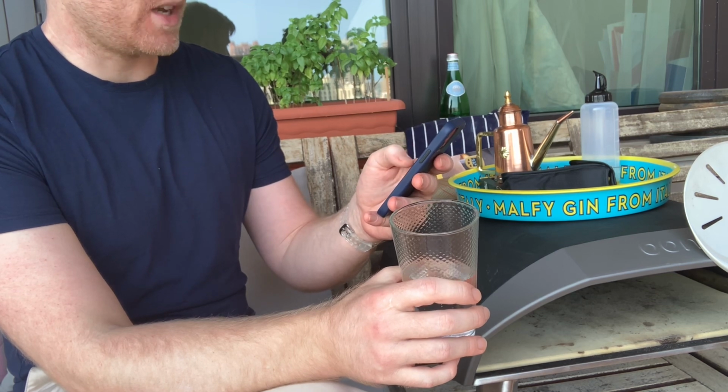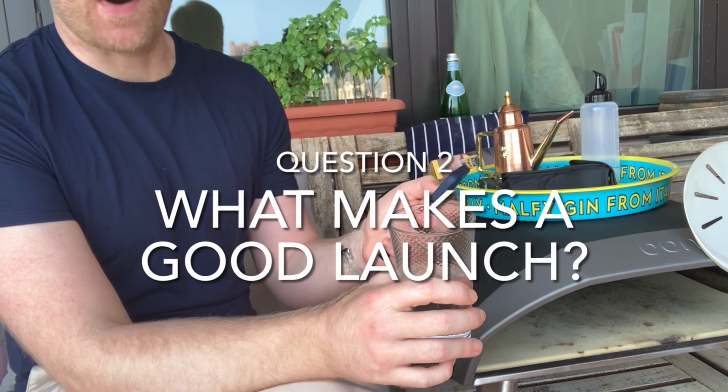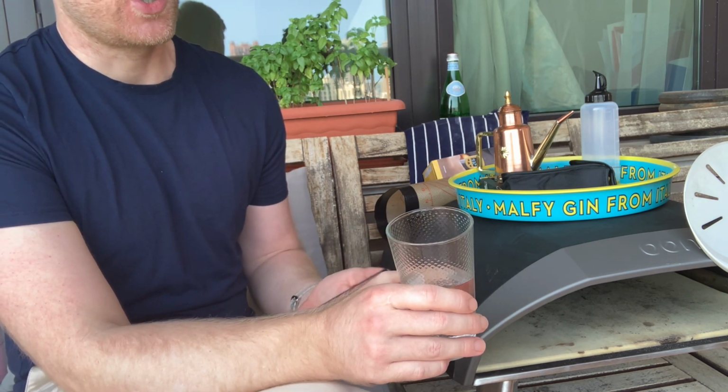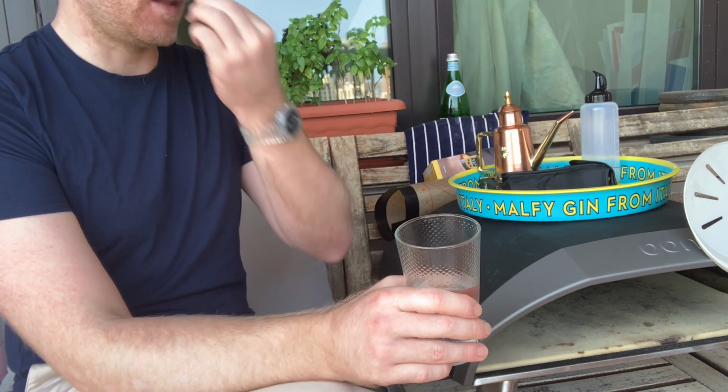Question number two, what makes a good launch? I'm very passionate about this because for a long time, I was not able to guarantee a good launch every time, and now I am, and I know why that is. I know the factors that constitute a good launch. One of them is making the right type of dough that isn't too wet and sticky. That doesn't mean you can't do a high hydration dough, but it means that at the point at which it goes on the peel, it needs to be